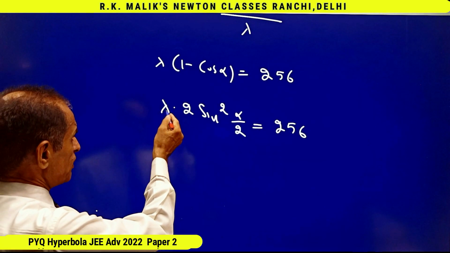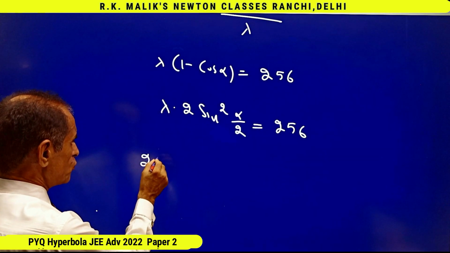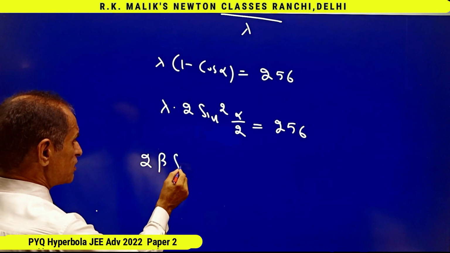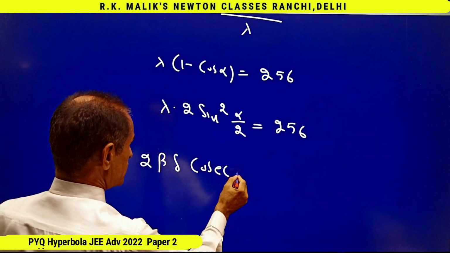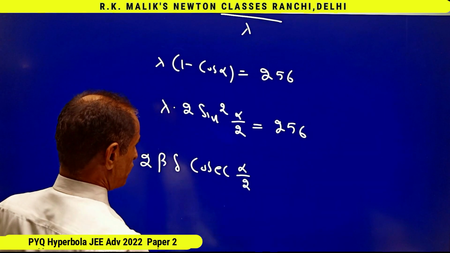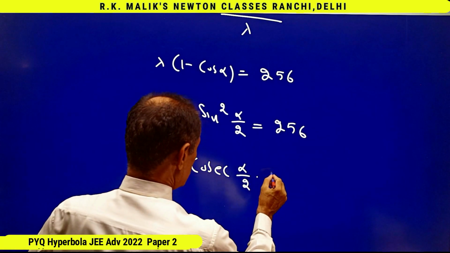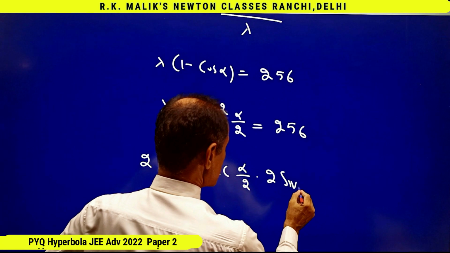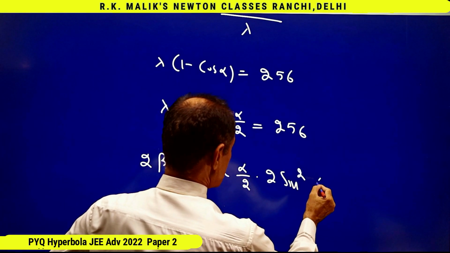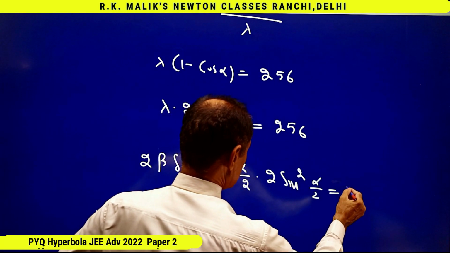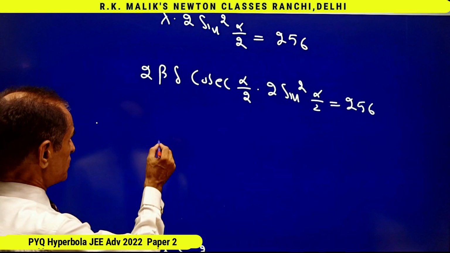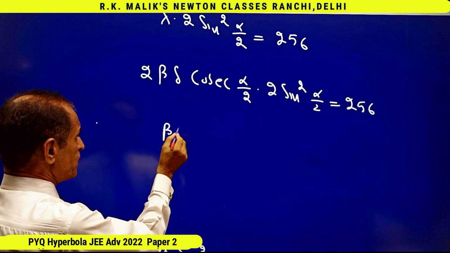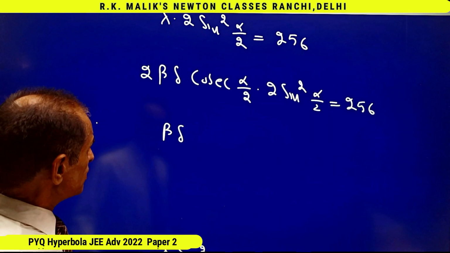And the value of lambda was 2 beta delta cosec alpha by 2 into 2 sine square alpha by 2 is equal to 256. That is, I get beta delta